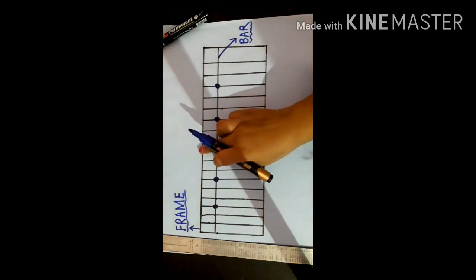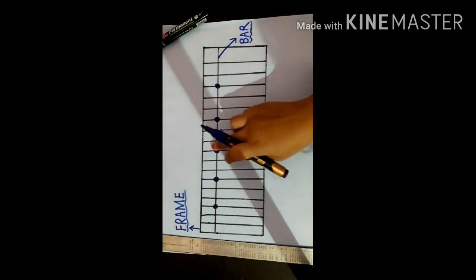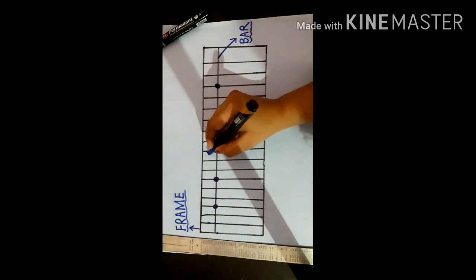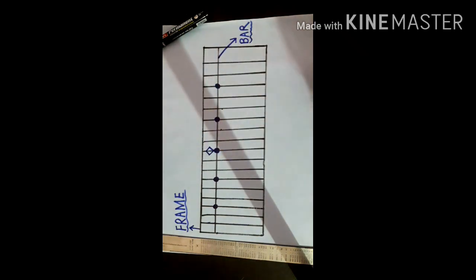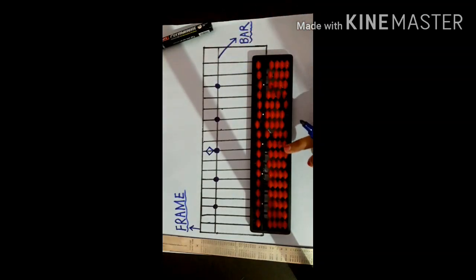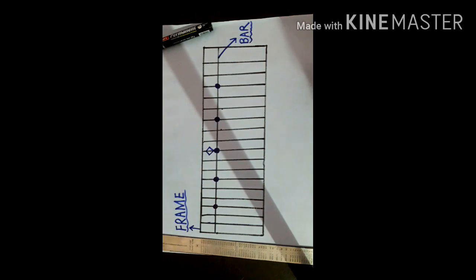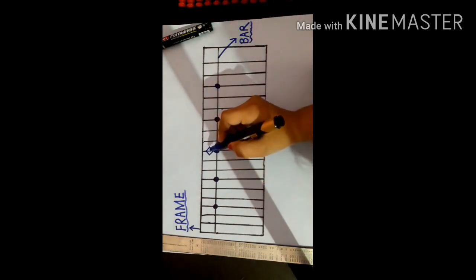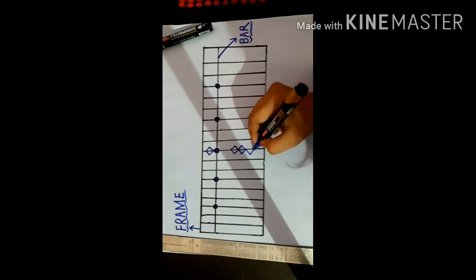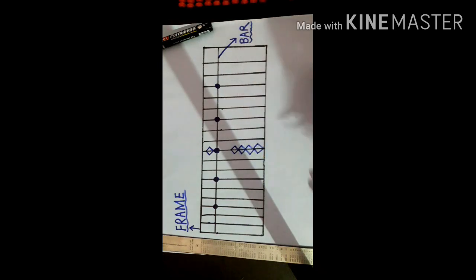Now students, in this middle dot only we do our calculations. इस dot वाली line पर ही हम अपनी calculations करते हैं. So हम इस पे beads बनाएंगे. We will draw beads. One bead is up, as you can see again. In this middle line, one bead is up, and 1, 2, 3, 4 beads are down.